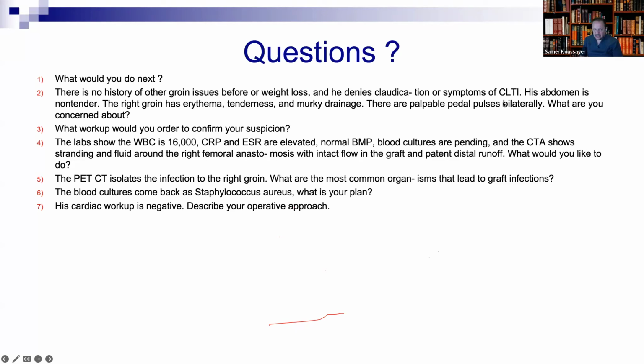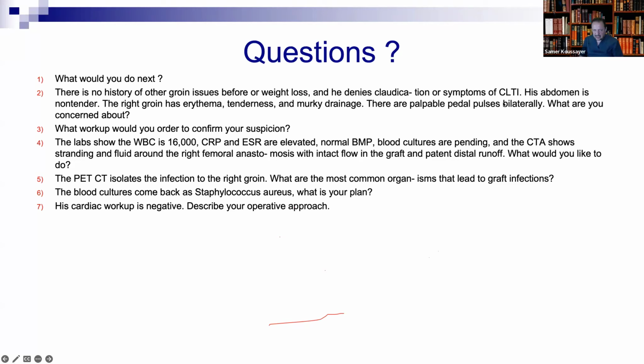And how can you tell that? You see the graft is well incorporated in the tissue. If you see the graft is loose with fluid around it, then it's infected. You cannot do this. Then you have to take the whole graft out. Then you have to do axillo-bifemoral and get the aorta, or take it out and put in a rifampicin graft. Then the whole thing changes.